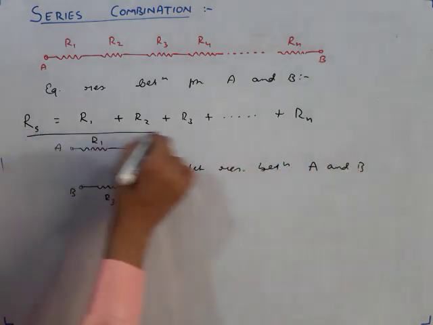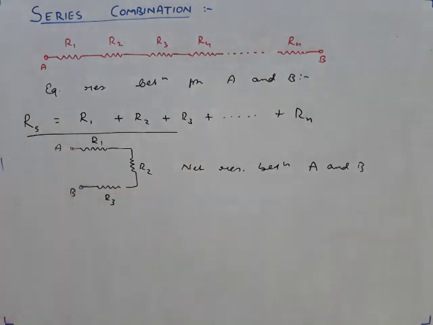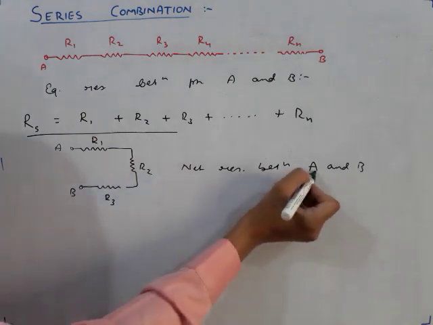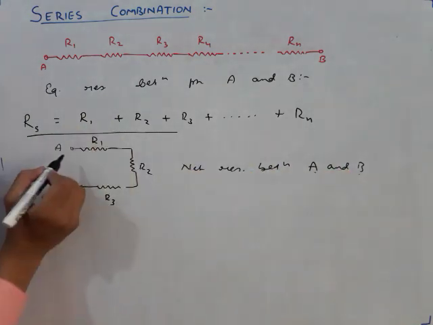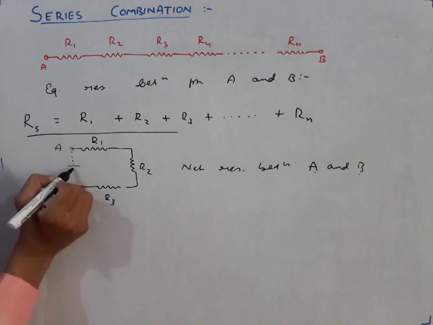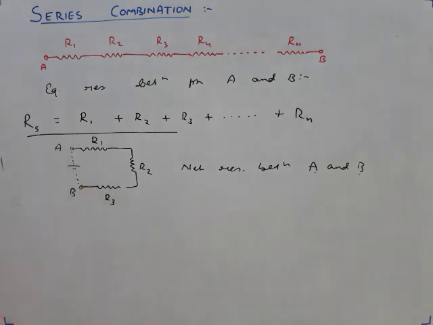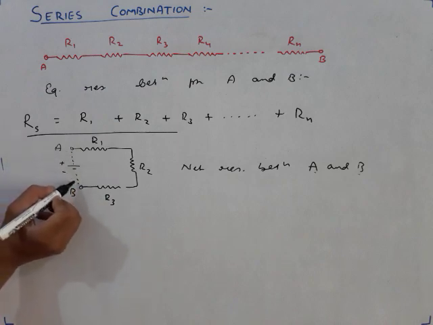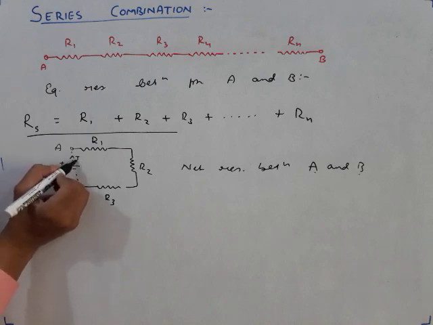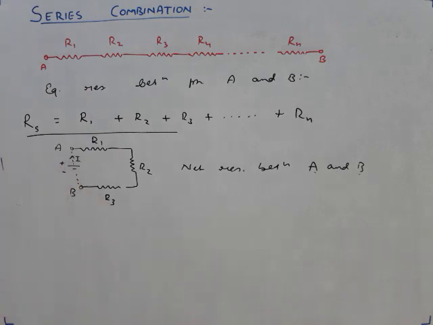this is the figure. The first thing that you should do in your mind is to connect between these 2 points an imaginary battery. You don't have to draw this figure, just think in your mind. Then the battery will send current from the positive terminal to the negative terminal. So this current will be how much? I. This you have to imagine in your mind.